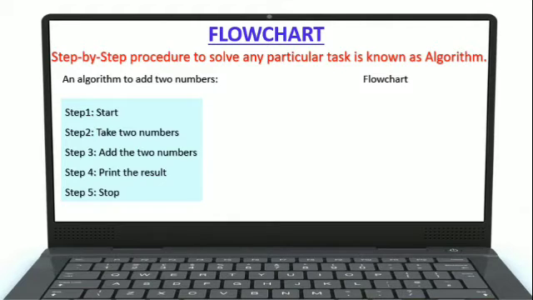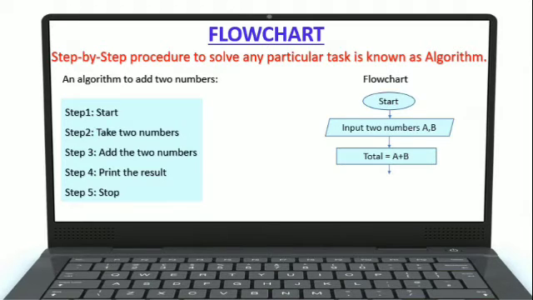The first one was an algorithm to add two numbers. We have already understood how we wrote this algorithm. Now we'll see how the flowchart for this particular algorithm can be written. Step 1 is start. Which symbol have I used? The oval shaped symbol. It is a start stop box. Next is take two numbers. It is input, that's why I have written it in a parallelogram shape box. Another one, add two numbers. Now it is the processing part, that's why it is written in a rectangular shape box.